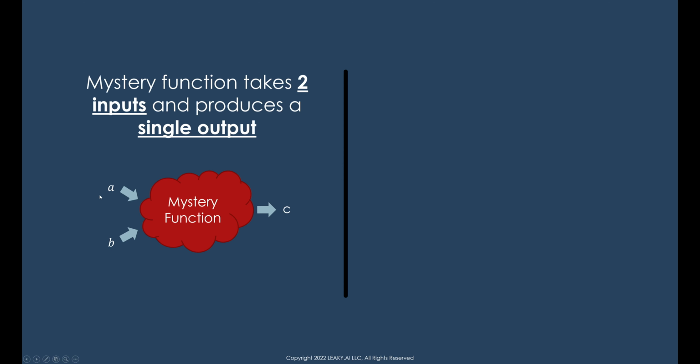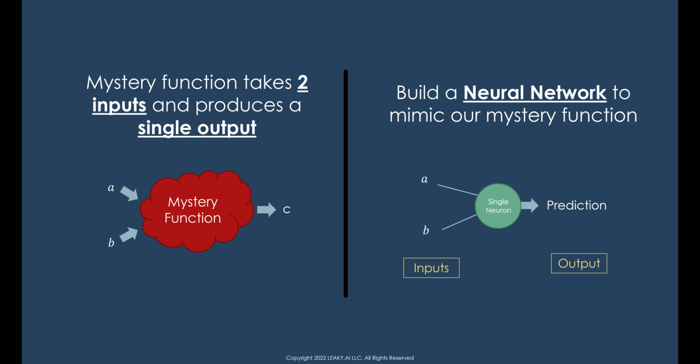This mystery function takes an A and a B as input and then produces a value C as an output. Now the goal for us is to build a neural network that can learn how to mimic the mystery function. For that, we're going to use the simplest neural network available. In this case, we're using a single neuron, and a neuron will take inputs. So in this case, we'll just provide two inputs to mimic A and B,